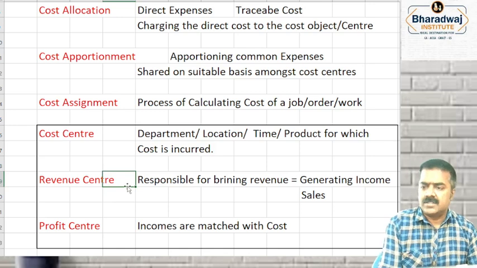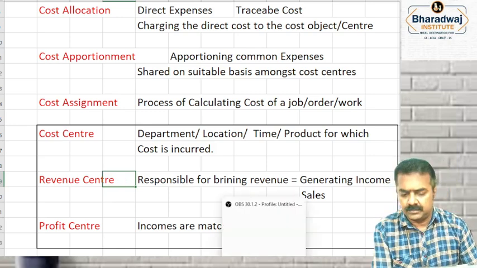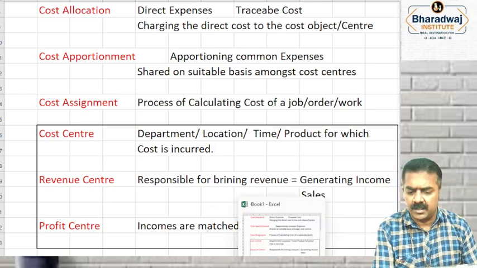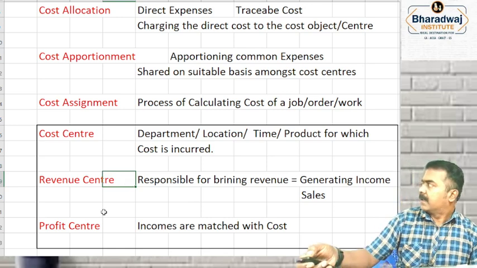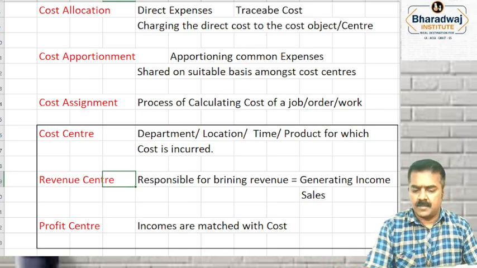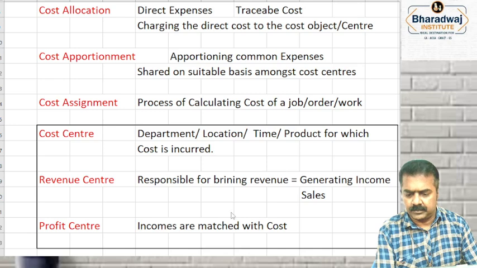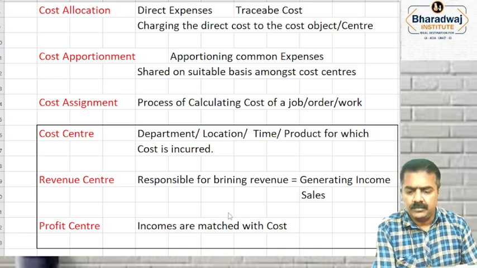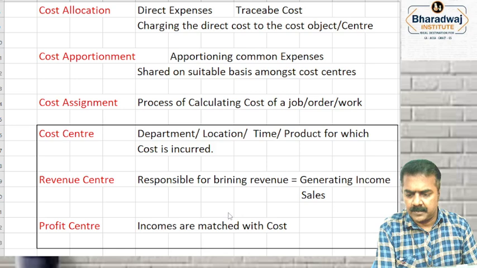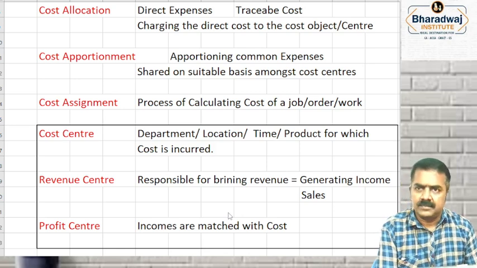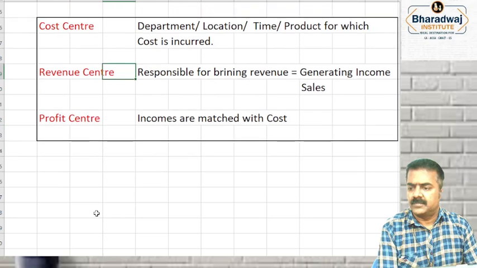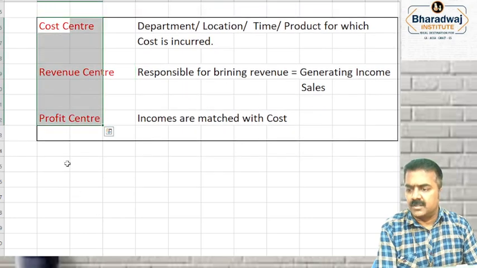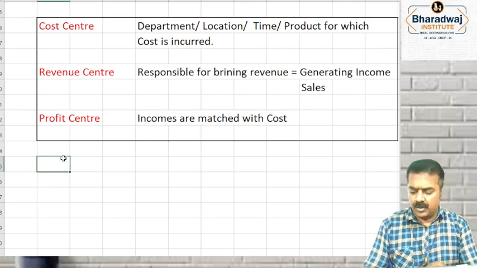Then take up this. Cost center, revenue center, and which one? The profit center. Shall we? Next. This is cost center, revenue center, and which one? Profit center. Next, we'll move on to